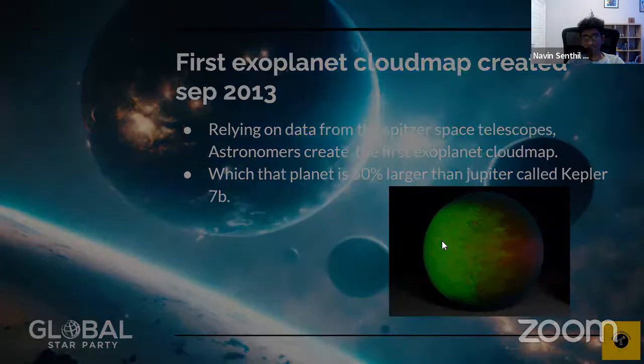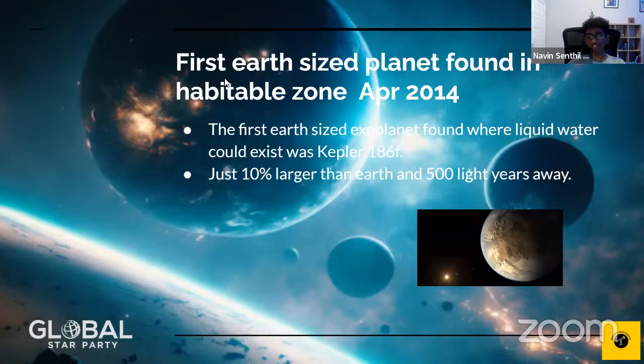And next to that, this is the first Earth-sized planet found in a habitable zone, in April 2014. And this is similar to Earth because it's Earth-sized, and it's got a similar climate to Earth. It was the first Earth-sized exoplanet where liquid water could exist. It was called Kepler 186f, and it was just 10% larger than the Earth and 500 light years away. Not that far. It's fairly close to us. It's a similar Earth, not too far from us, which is